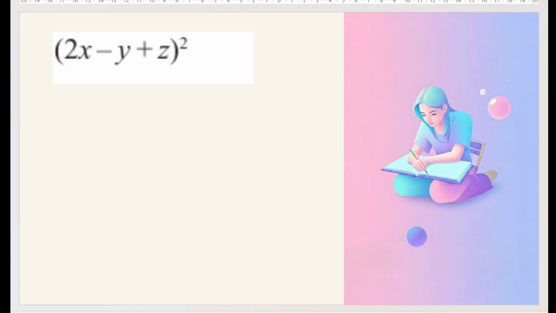Now you will think we have not heard of such identity, but we have done such identity. Which identity? The identity which we have done just now. See how many terms are here? 3 terms. There is only one identity which you can use to do square of 3 terms, which is (a + b + c) whole square. Now, but we have minus sign here. You will say, ma'am, we have not done any identity with minus sign. We have done it. How? We will change it in this form. How will we do that?